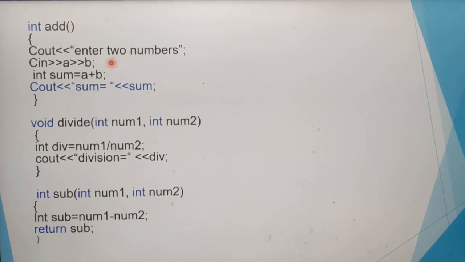Then we are having some processing logic. It is doing some process. For example, here sum is equal to a plus b. It is doing addition operation. And we are having some data. Here we are having a and b, 2 data. So each module we are having set of instruction, processing logic and data.